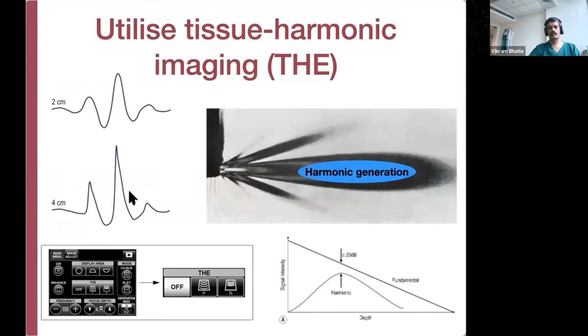Second point to understand is that we know that the ultrasound beam has a central beam and also side lobes. The harmonics are generated in the central beam, and therefore the scanning beam is effectively narrowed. The side lobe and the beam width artifacts are eliminated. And tissue harmonic imaging is very useful for imaging fluid-filled structures like the gallbladder, bile duct, dilated pancreatic ducts, cystic neural structures sometimes. But this only allows you optimal imaging to a depth, and this can only be utilized not for very superficial structures and not for very deep structures.